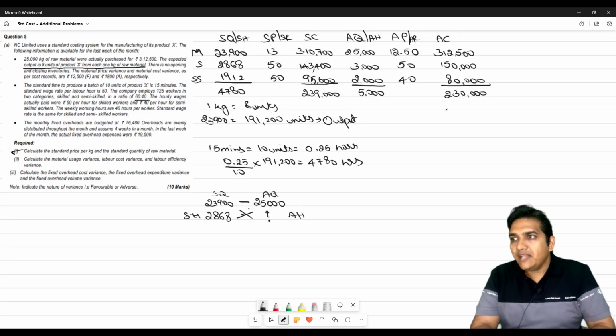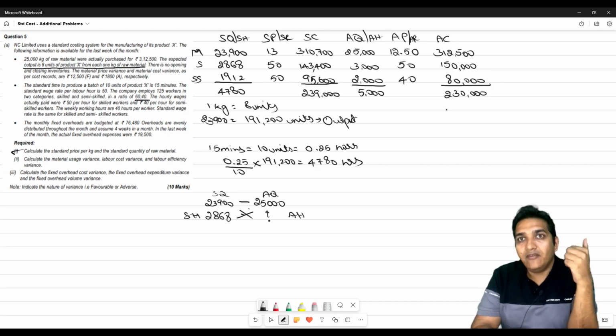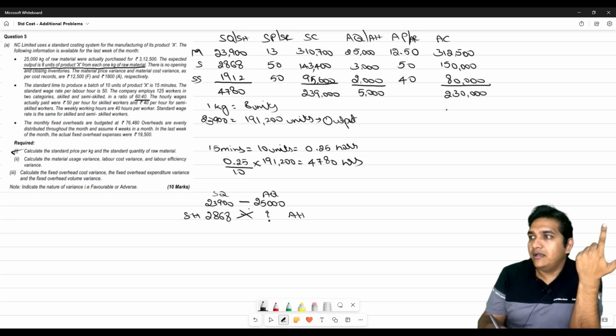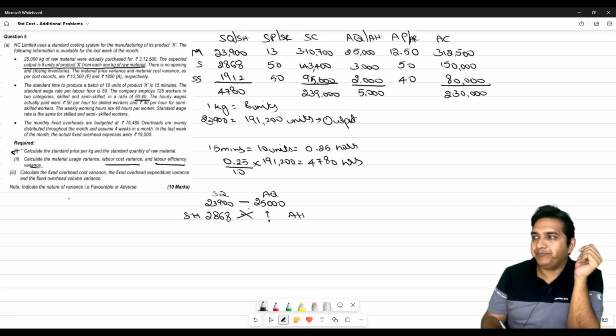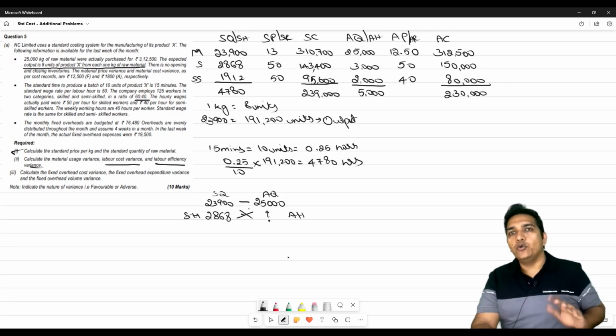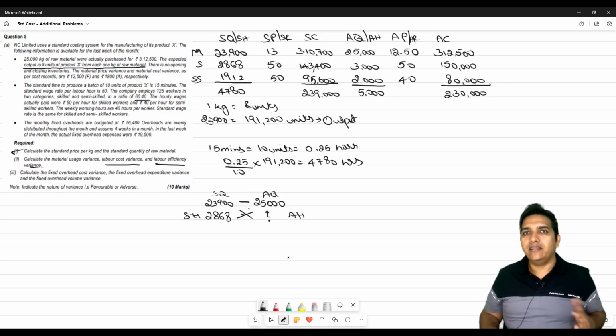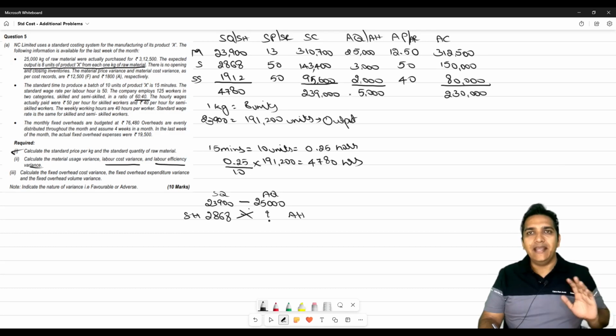Right? We have now calculated all the requirements for labor cost, labor variances. We can calculate labor cost variance and labor efficiency variance as well. They have not asked us to calculate labor rate variance, so you can ignore that. Again, I am not going to calculate the variances because I hope you already know how to calculate those, and it is very straightforward. If you use this table and the formula, you just have to substitute the terms with the figures from the table, and you will be able to get the answer.